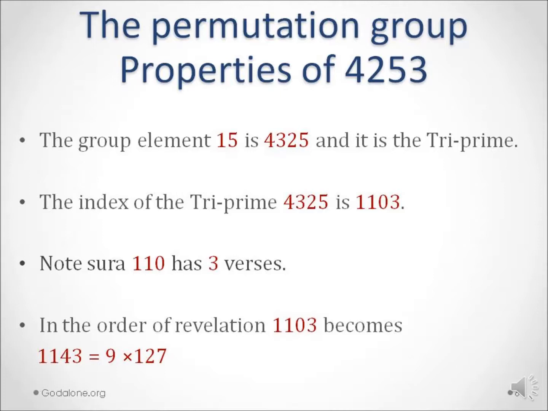And the index of the triprime 4325 is 1103. And note that Surah 110 has 3 verses. This was the last chapter that was revealed. So in the order of revelation, 110 happens to be the 114th. So if you write it in the order of revelation, concurrent with its verses, it becomes 1143, which is equal